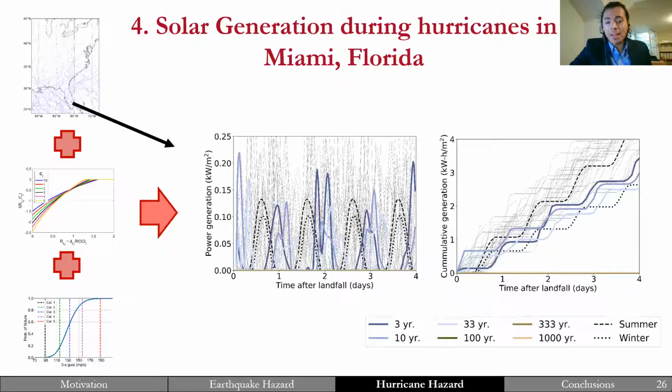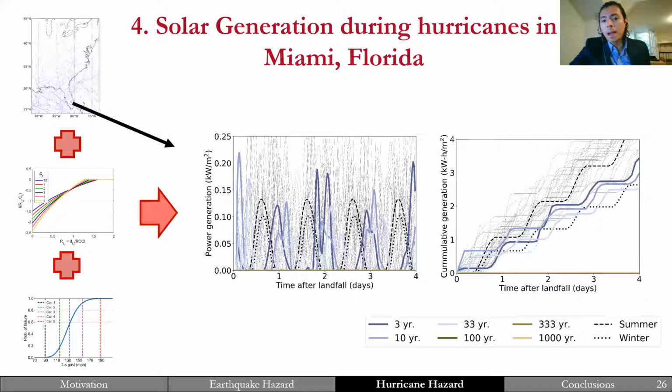And here I'm highlighting a few return periods for them. So for the worst hurricane, I calculated the return periods. I'm just highlighting them in different colors so you can see how bad it can be. And the first thing you notice here, and this is a specific plot for one site, this is in Miami, Florida.